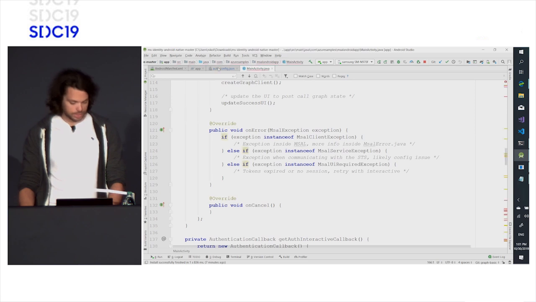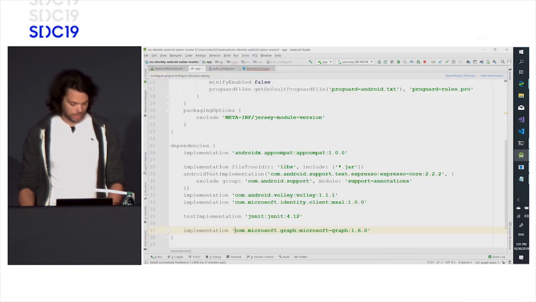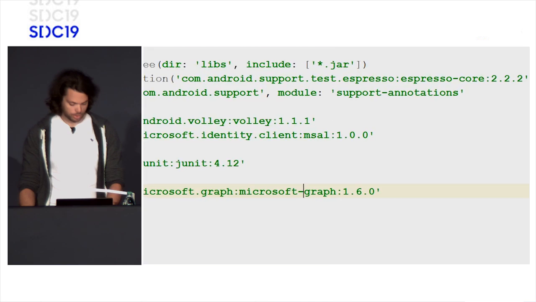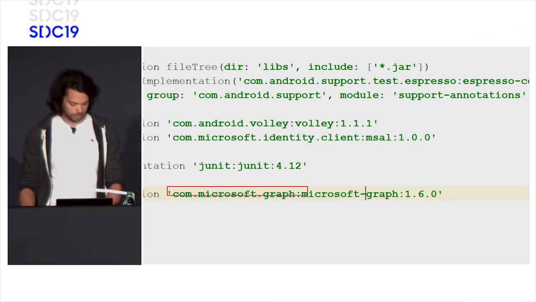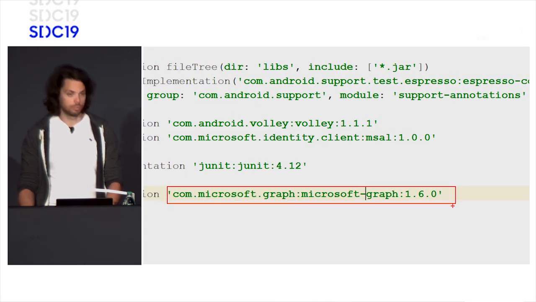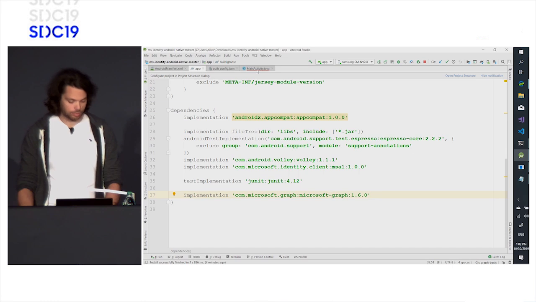There we go. And for this, I'm using the Graph library. It's here. So I've added this inside of my app configuration. It's the Microsoft Graph 1.6 library, which allows me to access data inside of the graph in a very fluid way. And then inside of my main activity,